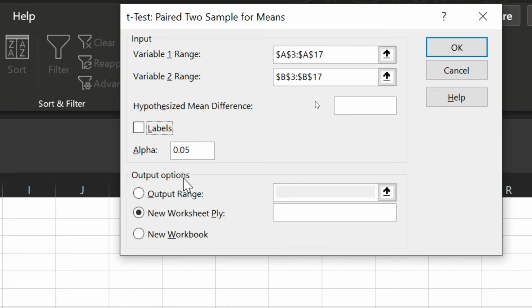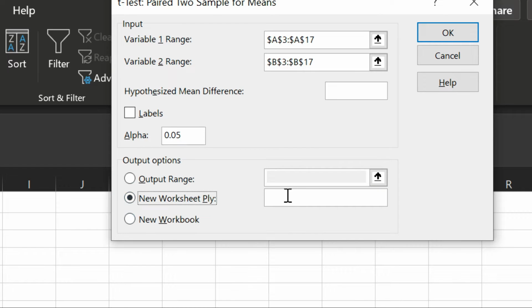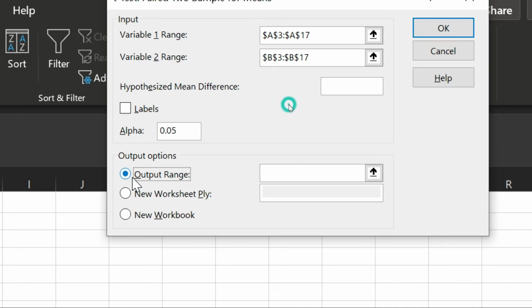And for the output options, pangutanon ka kung asan nimo ipabutang ang result. Output range simply means within the worksheet, or you can have that in a new worksheet ply, and pwede nimo na siya butangan unsay file name. Okay, pwede nimo i-type unsay file name. And you could also have new workbook. But for me, I would prefer nga diri lang sa kung asa ang mga data nako nga sheet na belong dito na lang po. So I'll just click this one, and again mag-blink na siya ang cursor,